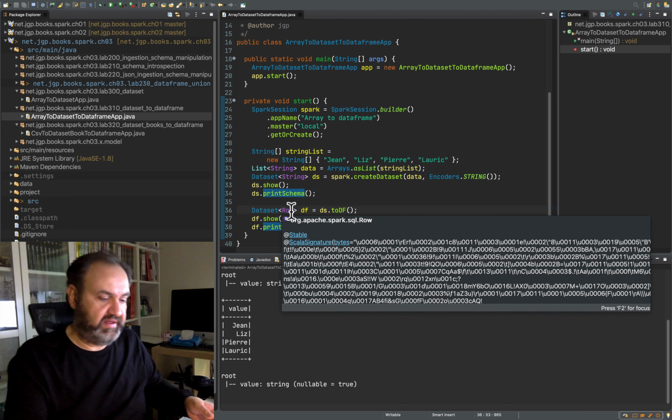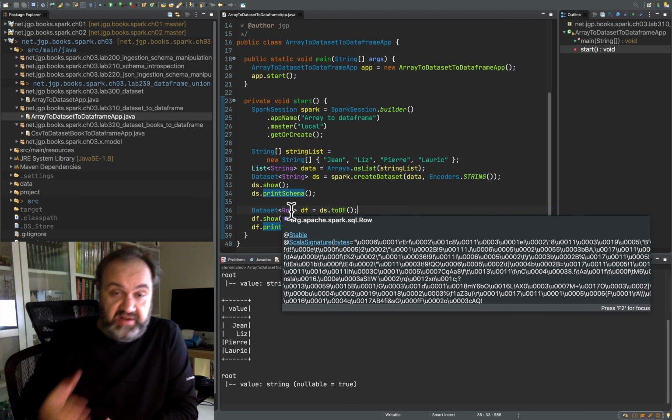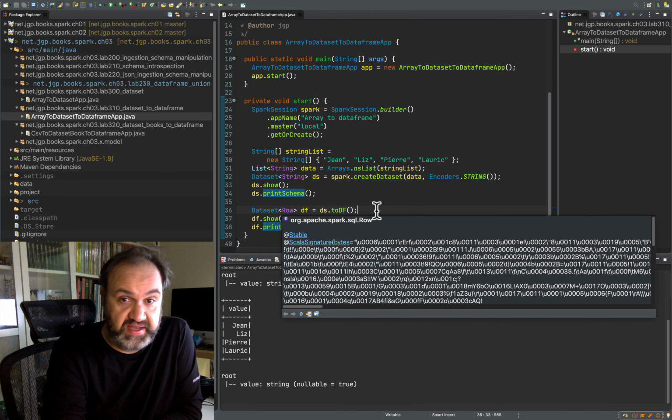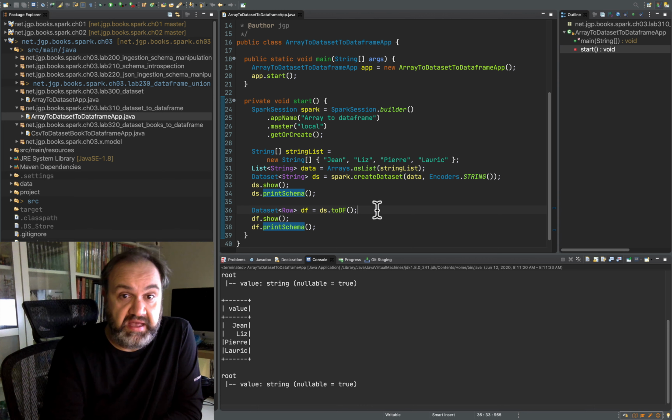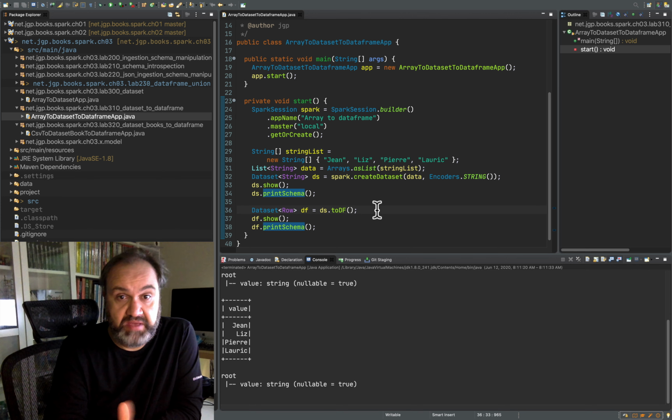So why would I do that? Because the dataset of row, the data frame, has more interesting properties that I can use later. And my storage is also more efficient because I'm relying on the row storage, which is based on